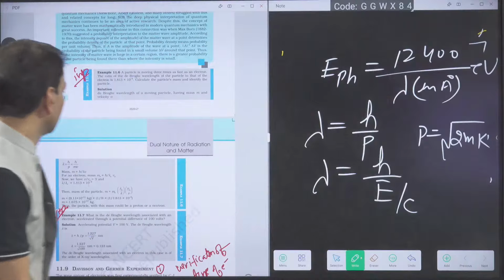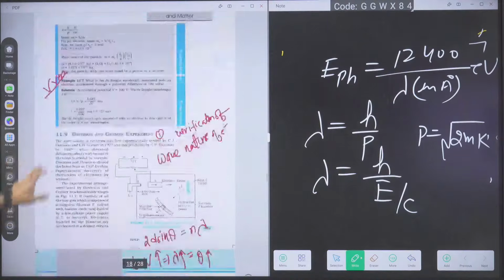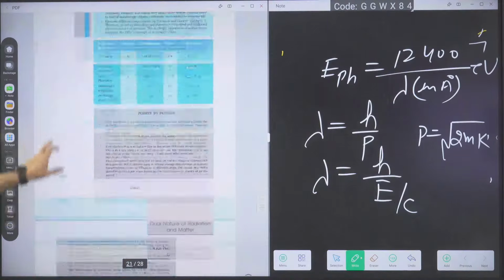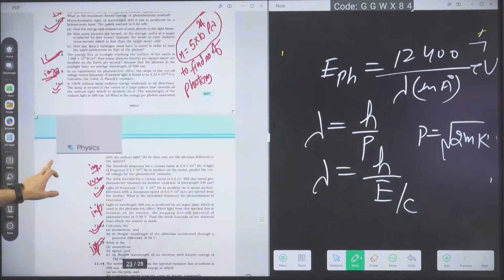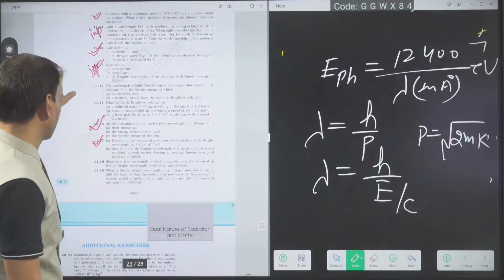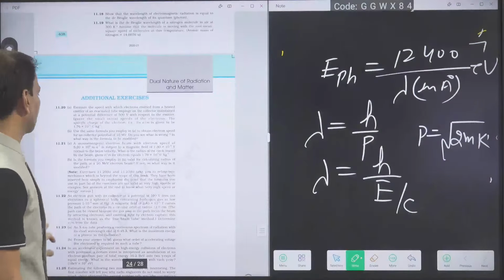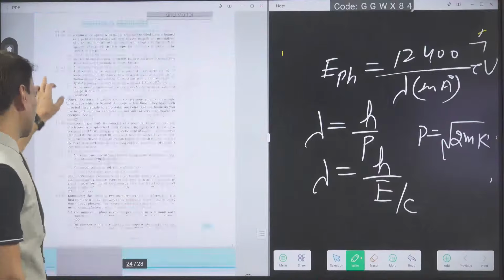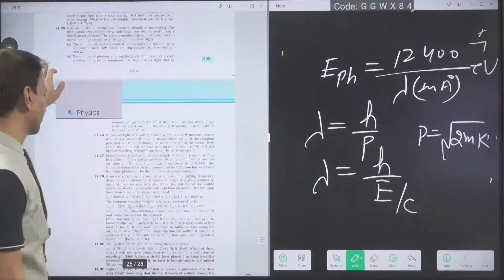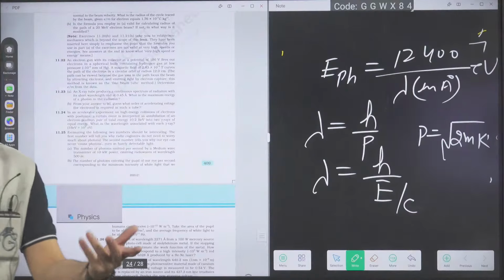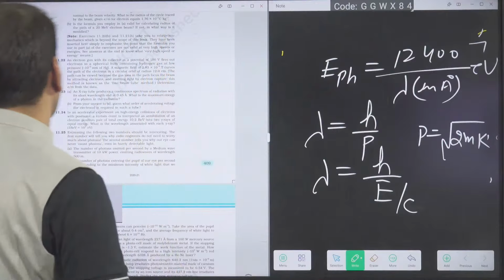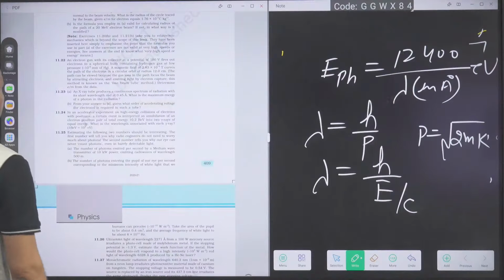Okay. Then the questions, you will solve from NCERT. All the concepts I have already discussed here. Is there any particular problem that you have to solve? No. Okay, so whatever you have solved, that is fine. These are basic, simple problems. If you have the time, you can go to the NCERT exercise problems. Otherwise, not required. Whatever you have solved is sufficient.